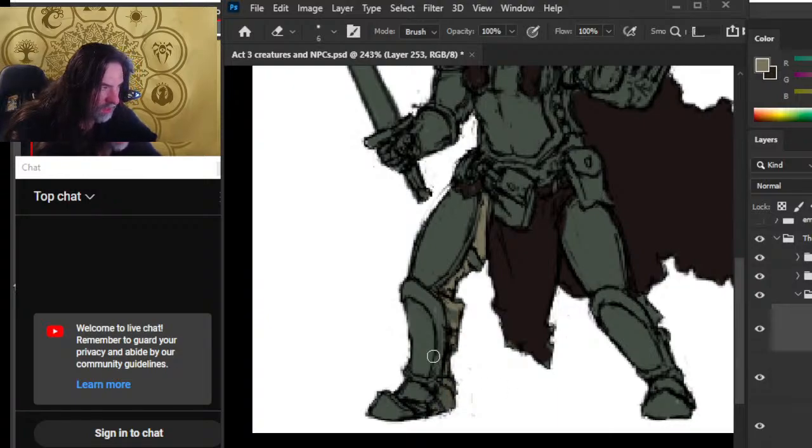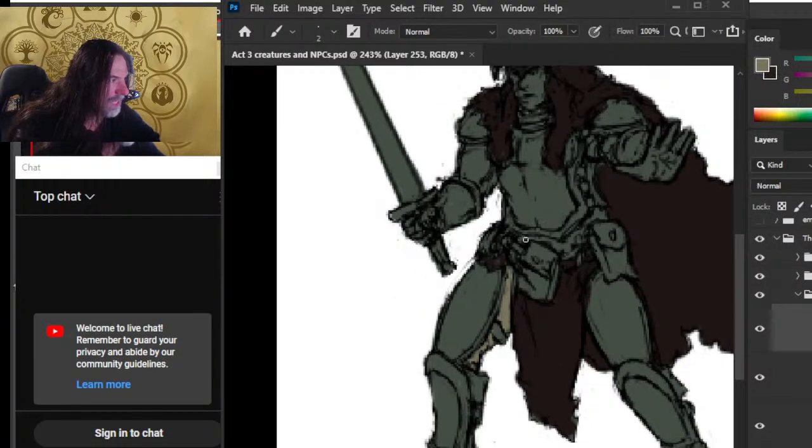Yeah, let's just leave these. Let's not color those over. We'll find probably a dark leather for those. Now let's fill in the gap up here. Fill in the gap there. Looks good.